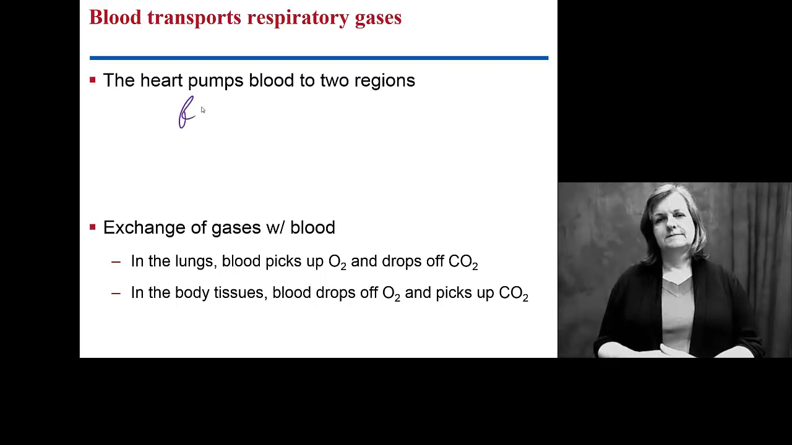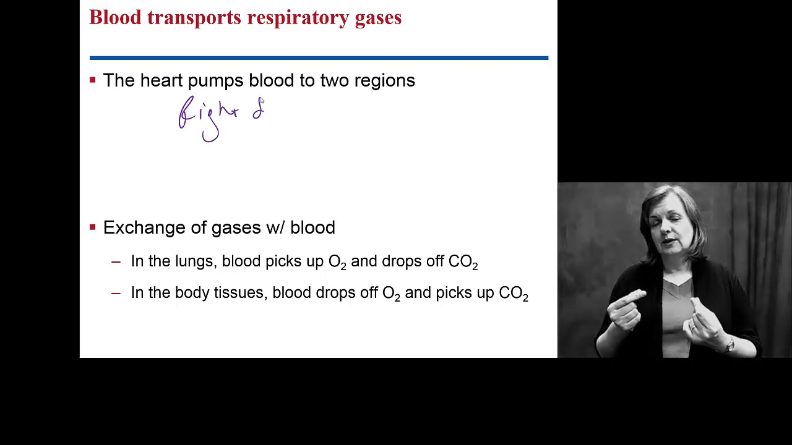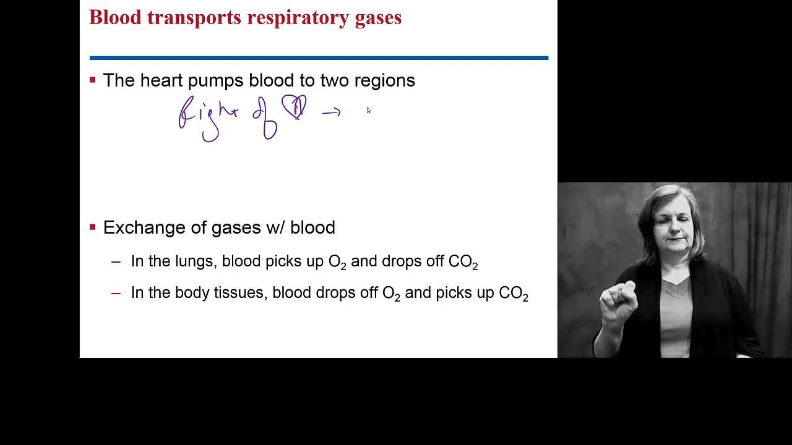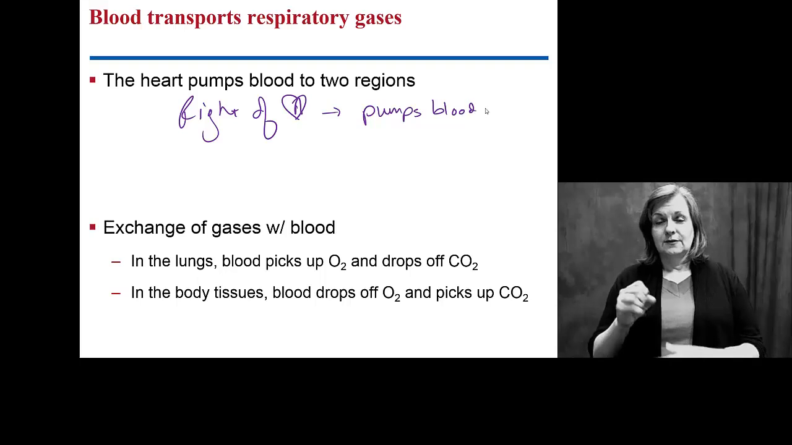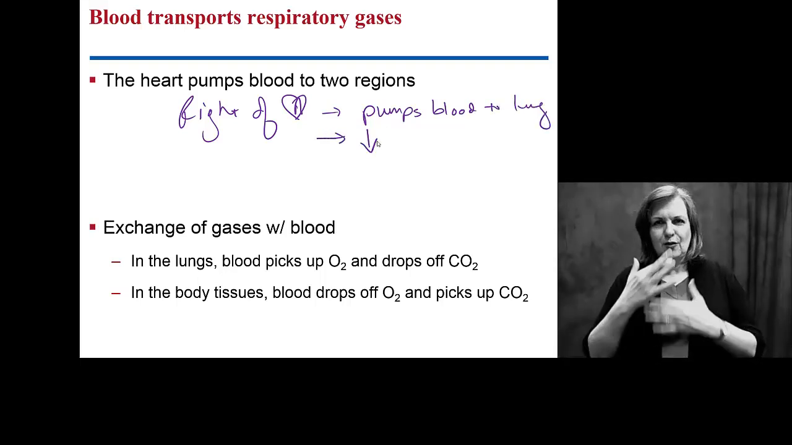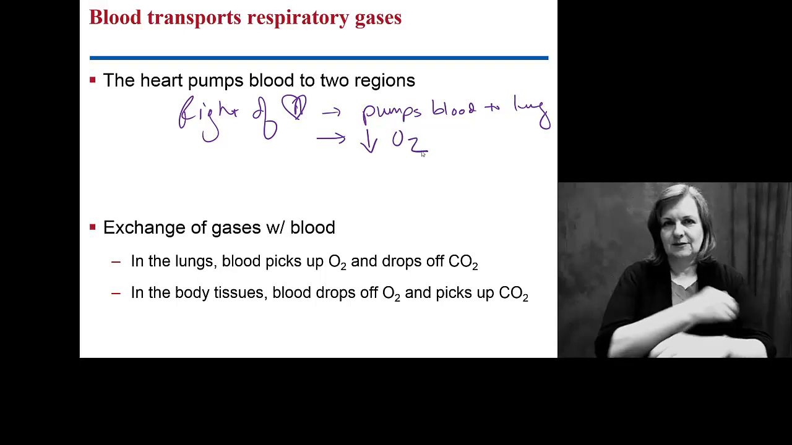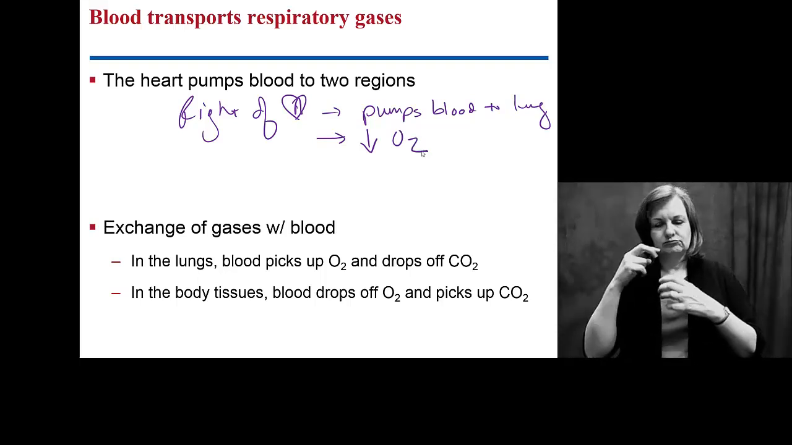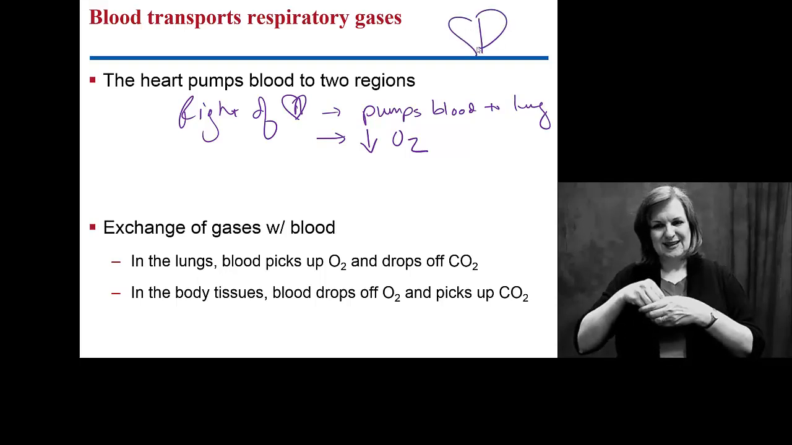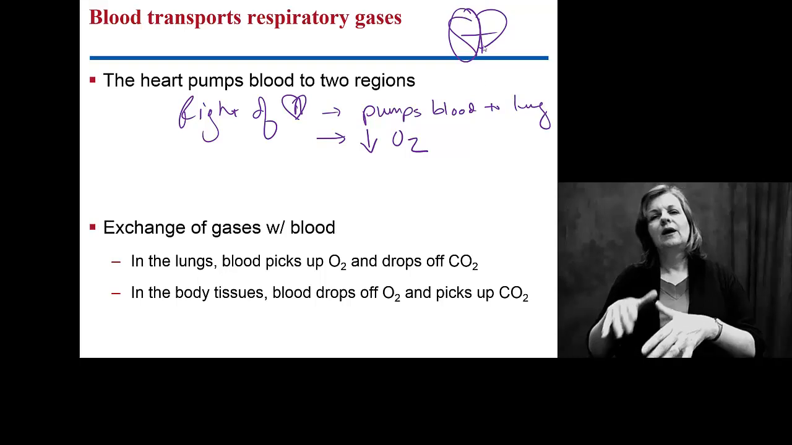The right side of your heart pumps blood to the lungs. So that means the right side of your heart is very low in oxygen. The blood inside your heart, not your heart muscle. Okay, so inside your heart. So if we look at your heart, the right side of your heart,